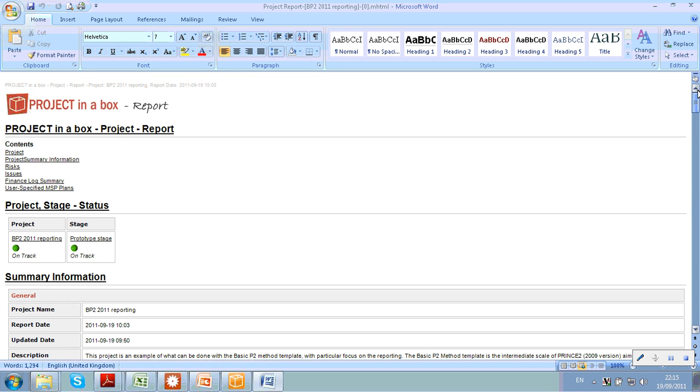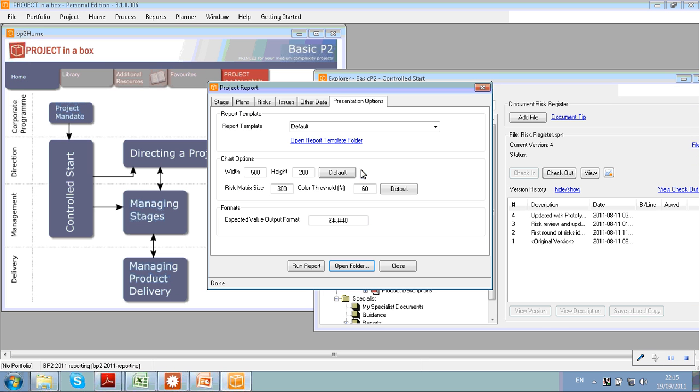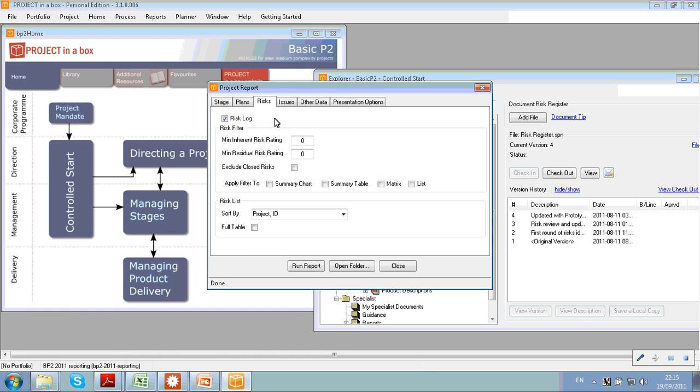Now I can easily come back. This is the advantage of using the filters here in the report form, is I can come back and make some changes very quickly without having to go back to the spreadsheet and change them. So I can come back here and say, well, actually I don't want to see all those risks. What I'm really interested in seeing is any risks that are greater than a residual value of 3. I'm not interested in closed risks anymore, and I want to apply those filters to the list and the matrix, and in fact we'll apply it well everywhere apart from the summary chart. And I want to order these by